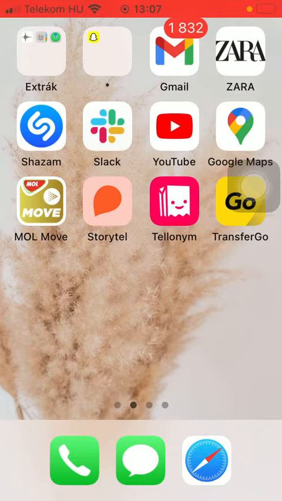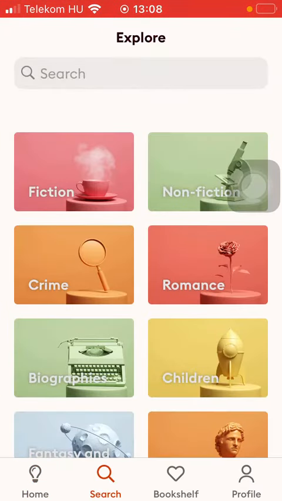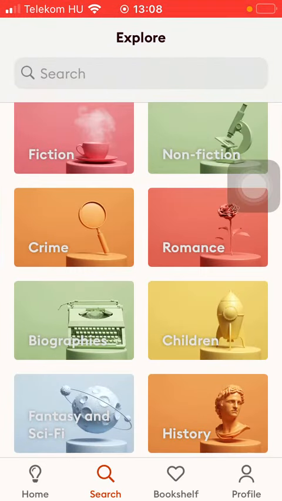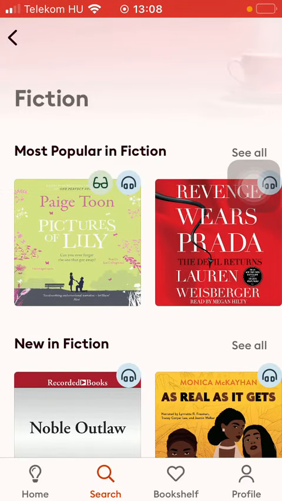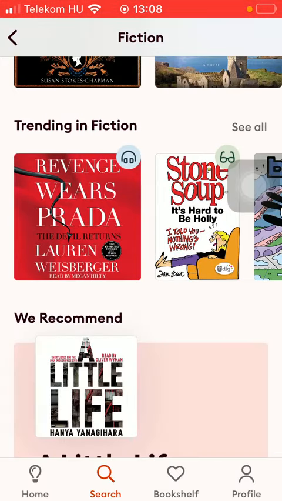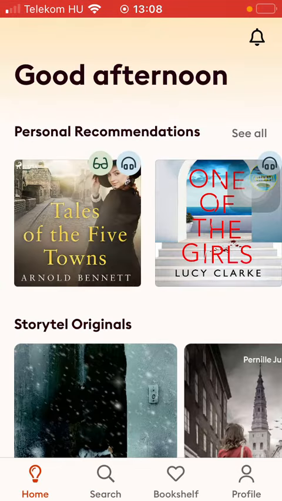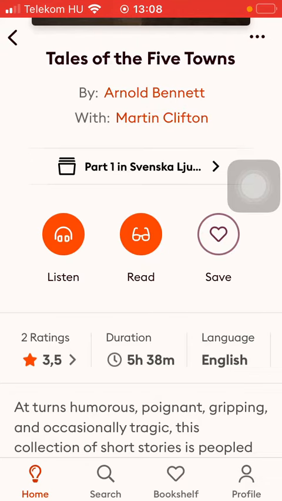First of all, open the app on your phone. After that, you should go to your homepage and select reading, but you can also select one by typing in its name, by tapping on the search button down below, and you can select the category. You have a bunch of options here, and then you can select from these distinct categories such as most popular in fiction, new in fiction, most awaited, trending, hidden gems, popular ebooks, and so on. So select one that you are interested in, scroll down, and then click on the listen button in the middle